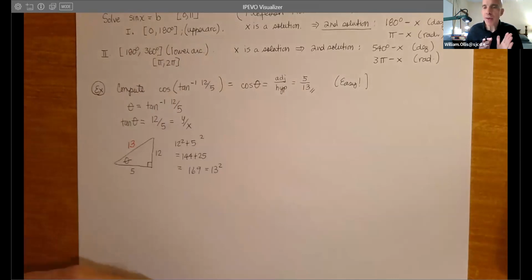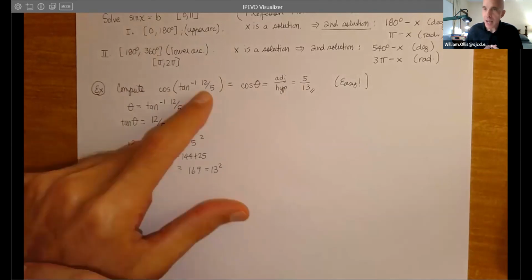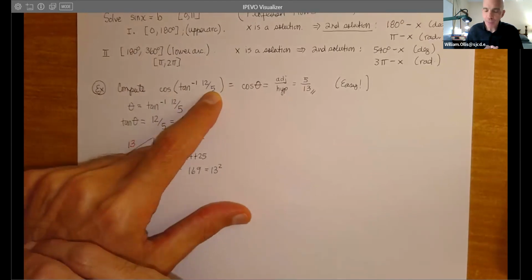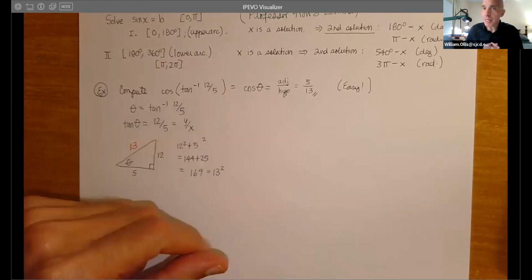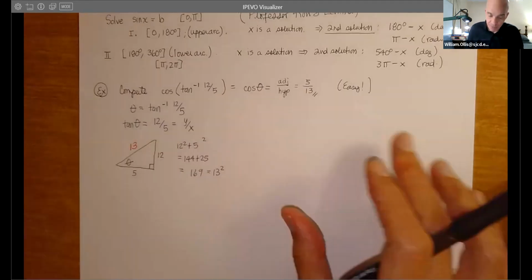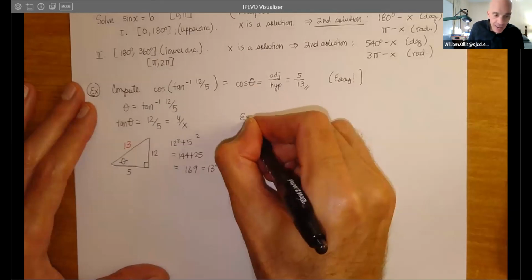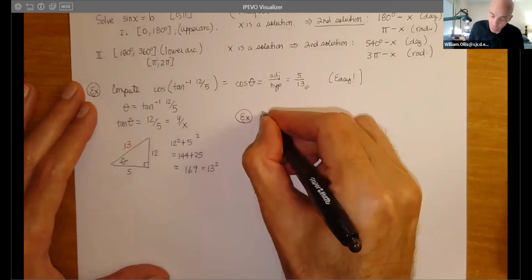Now, one thing that you're thinking: what if we have an actual composition that's not a real number? That is, what if we replace the input here with a variable? Can we still use the same technique? And the answer is yes. So let's look at an example of this. That is, WebAssign will say, write